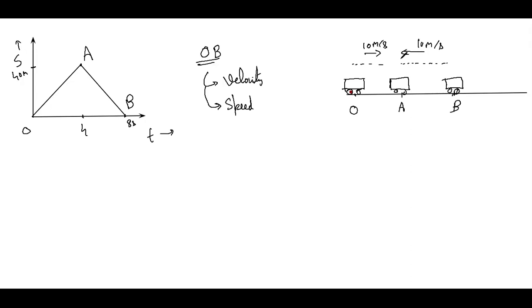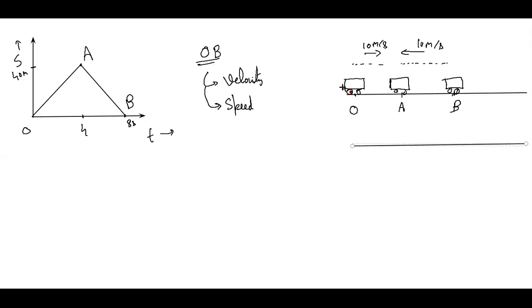But it can be retardation also. It can be taken as retardation also, sir, without changing the direction. The retardation's unit is meter per second square. Okay, now I want to hear from Anushita. So from O to A, we have found that the velocity is 10 meters per second, and from A to B, we have found that the velocity is minus 10 meters per second. If we add them to get the velocity of O to B, then we are getting 0 meters per second. But can you just add the velocities like that? I don't think so.